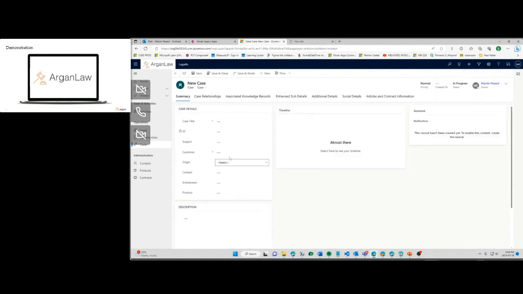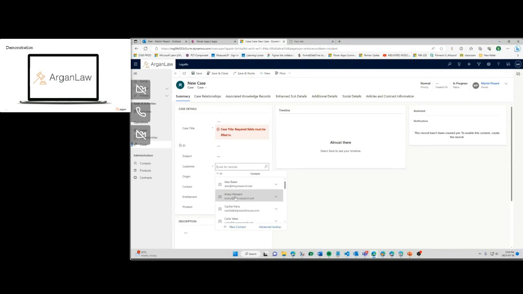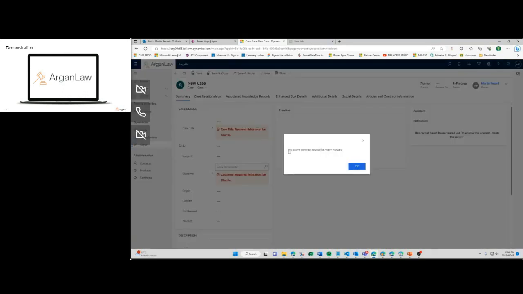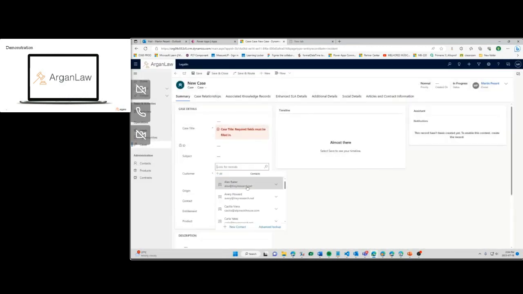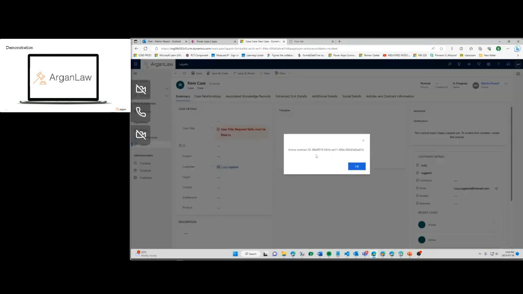Well, when you go over here and click on new case and select your client, there's a script over here that is looking for active contract details, and it tells you that this contact doesn't have a valid contract. And if we do select our Lucy over here, it says she has a valid contract and leaves her name over here.